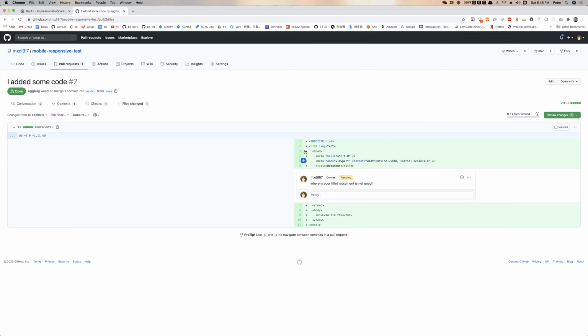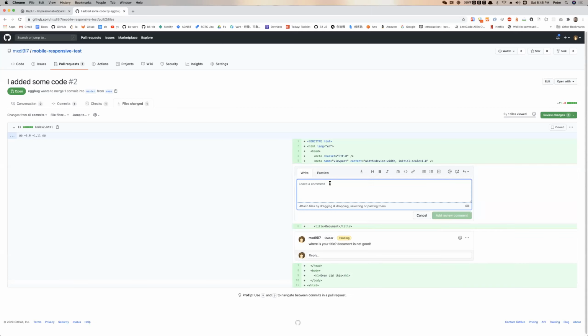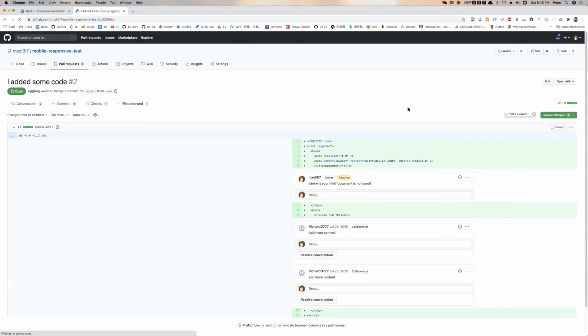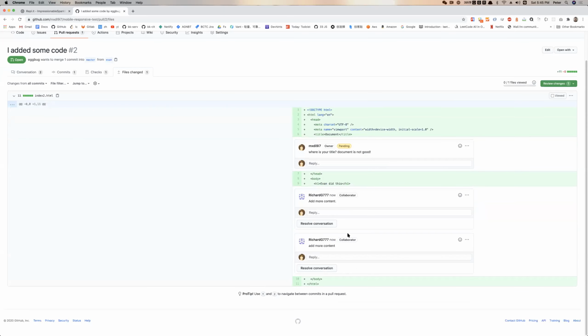Yeah, you have to click on one of the lines, and there's a plus. Yeah. There's a plus button, a blue button. Do you see it? Click on that. Add review comment. Yeah, add review comment. Do you see it? Pending. It says pending. Finish review. Oh, okay. I see. Okay, got it. Did you add it? Yep. Okay, cool. I did it twice. All right, no problem. Oh, I see it.